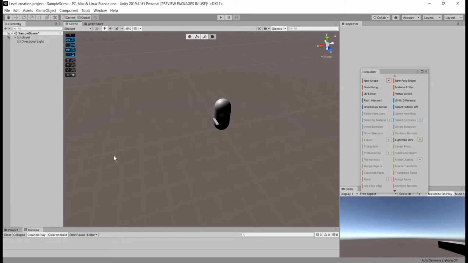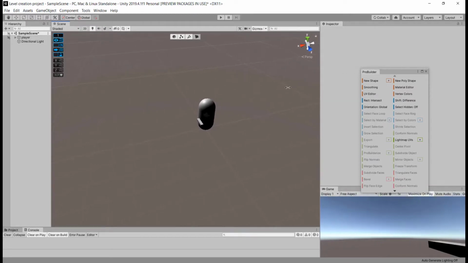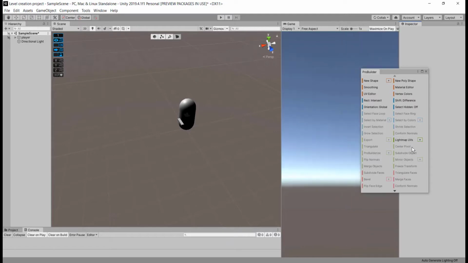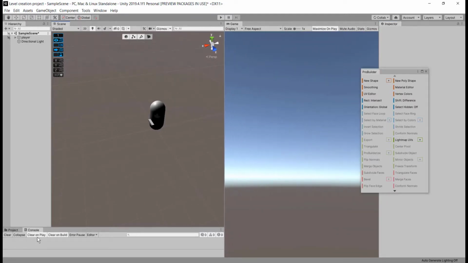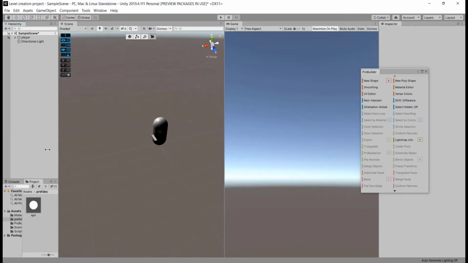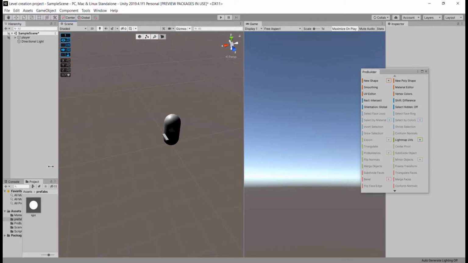Okay, now I am going to adjust my editor windows so that it's easy for me to handle all these windows and objects easily. You guys can move these windows to your own preference before starting work so that it will be easy for you. Okay, I think this looks okay, and let's go to creating our level here.